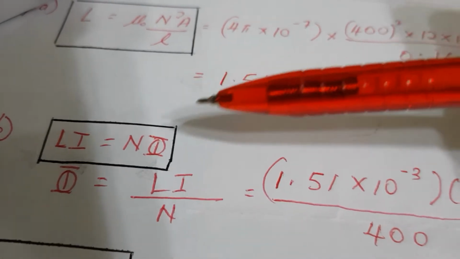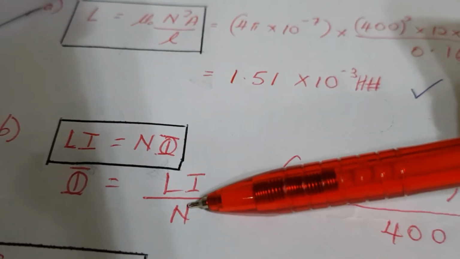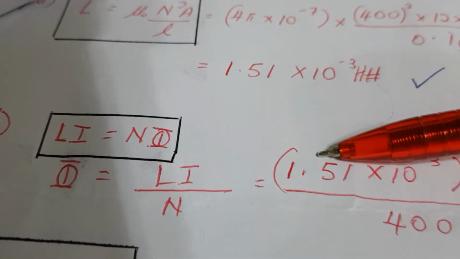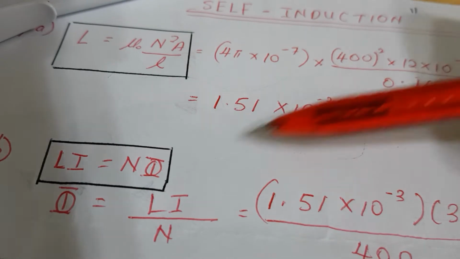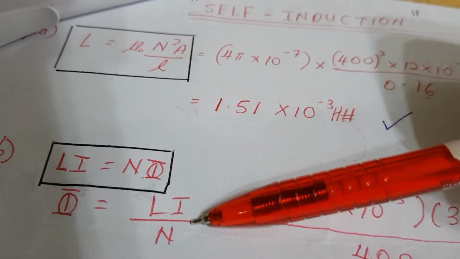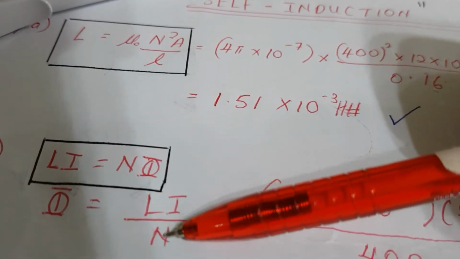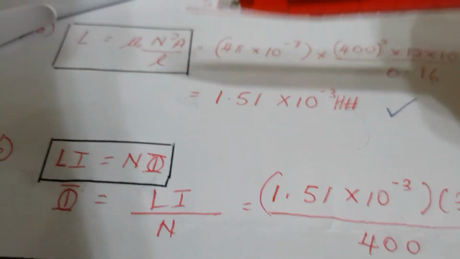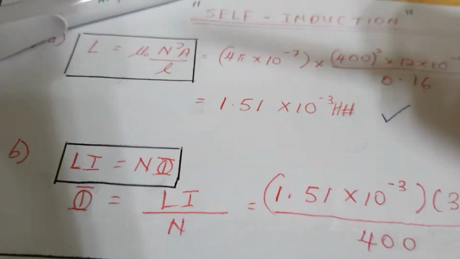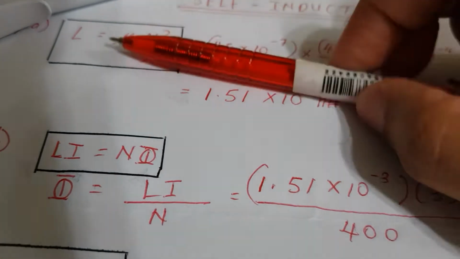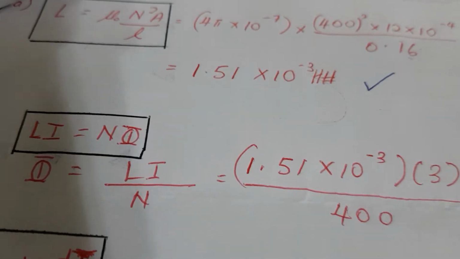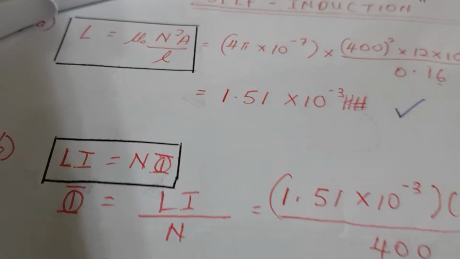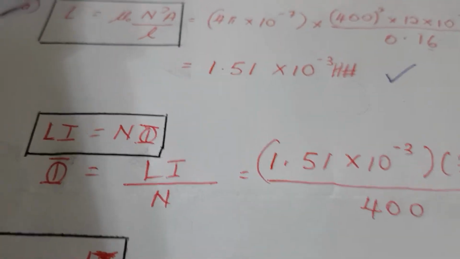Now why in this question do you have to use this formula and not any other? Because all the information that you are supposed to find here is already there. L you already know, I you have been given there, 3 ampere, and N is also given to you. So basically you should know all the formulas at your fingertips. Once you know your formulas, then you are more confident to answer the question. When you have not memorized your formulas, you definitely cannot answer.